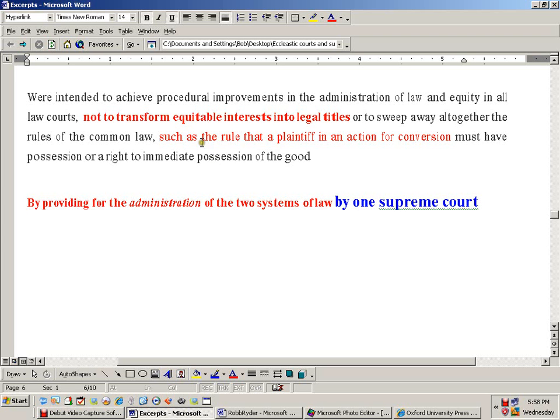Here's the rule. The plaintiff in an action for conversion must have possession or a right to immediate possession of the good. Okay, so the deed of trust. Somebody's got it and they want to convert it. Well, if he has possession, he can. If he's got a right to immediate possession, and how would he have that? Well, they'll foreclose on you,